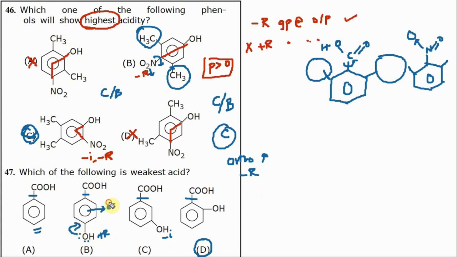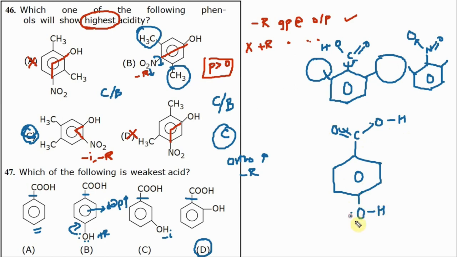The ring electron density goes up. When electron density increases, I'll draw this for you. We'll take this review slowly. Alright, I have this. Now what will happen is, this should go and this will become O minus. The O minus should be stabilized by resonance, correct? That should happen. But